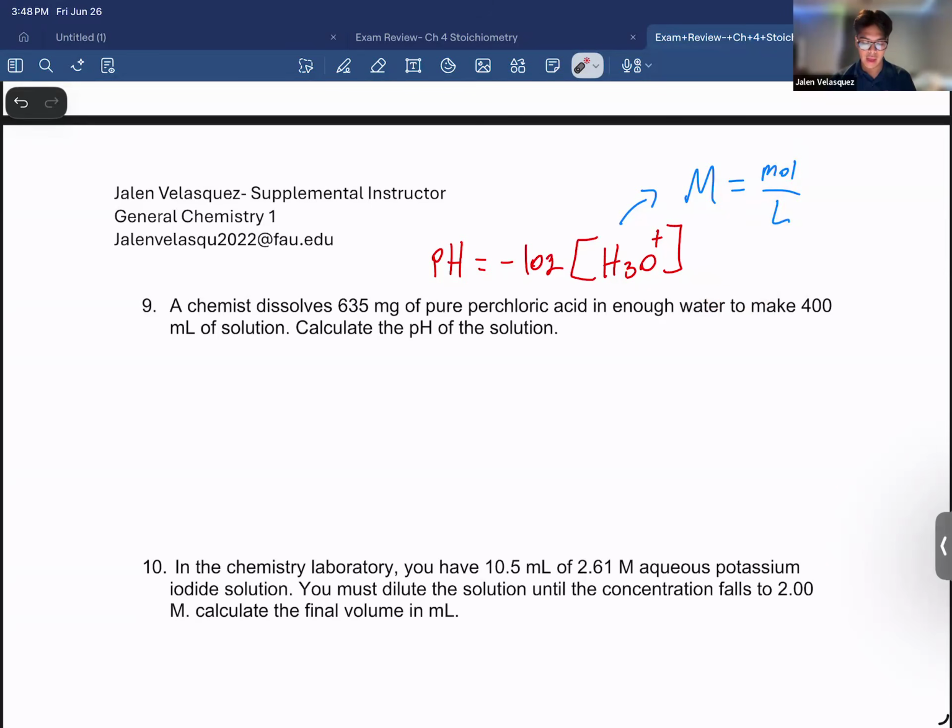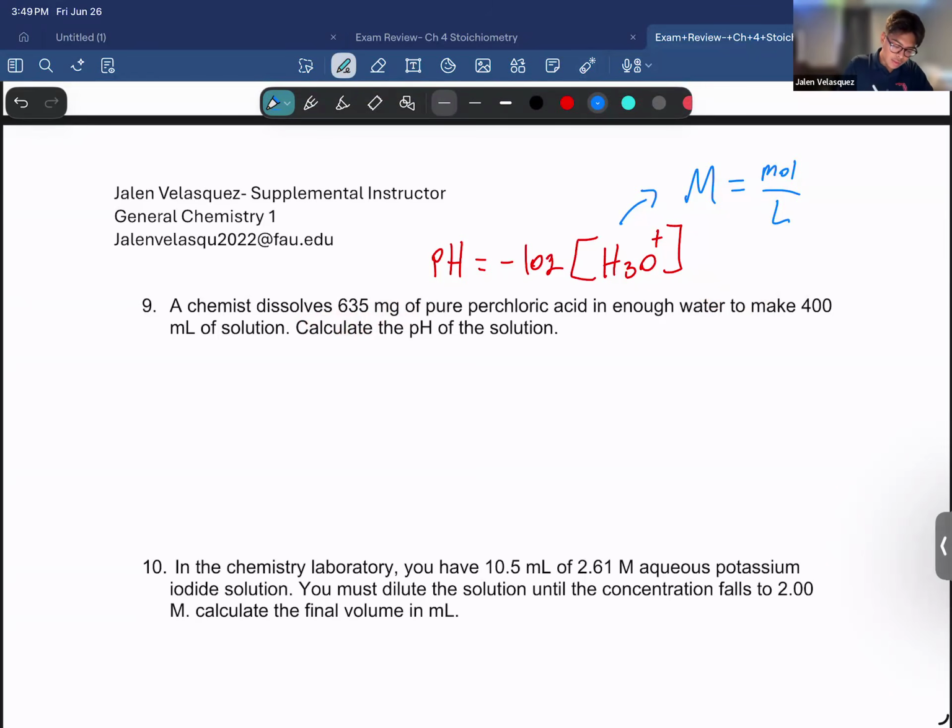So I'm given the mass, 635 milligrams, and we have to go first from the mass to the moles. However, we cannot use milligrams, we have to use grams. So 635 milligrams, convert that into grams, it's going to be equal to